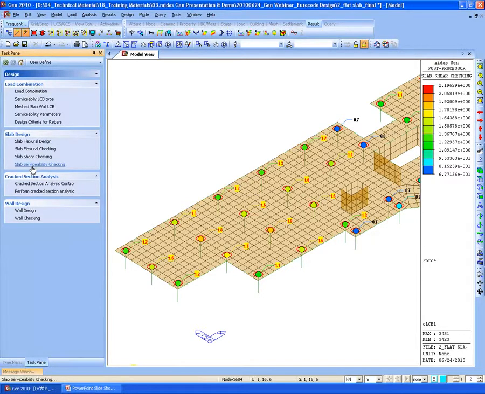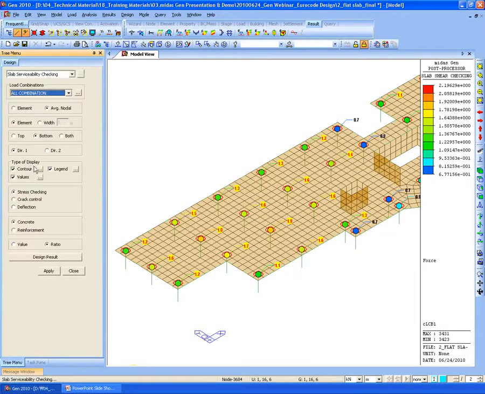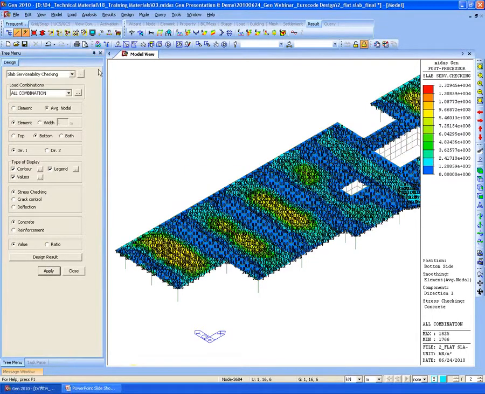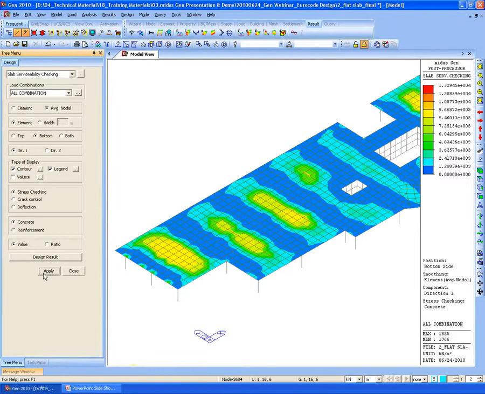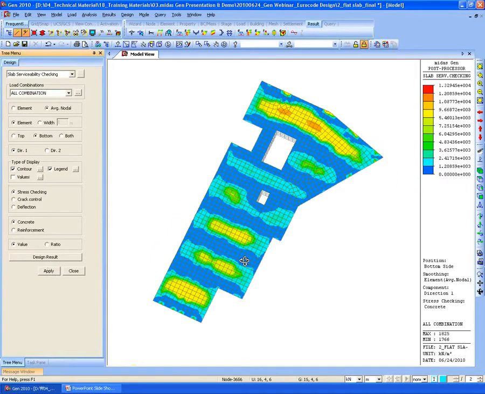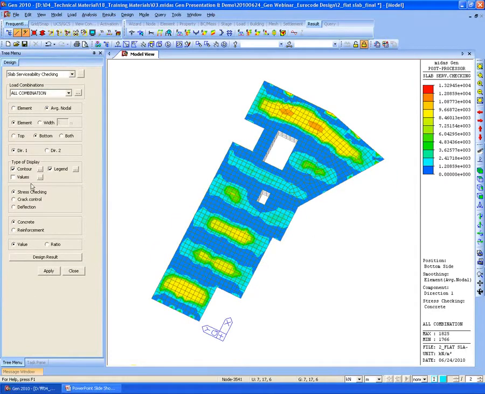After that, for the serviceability checking, firstly, let's see the stress check for the concrete values. We can see these results in the contours.